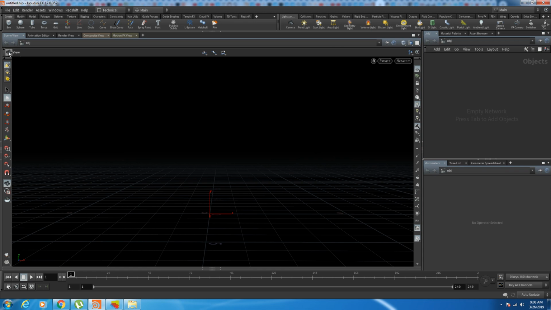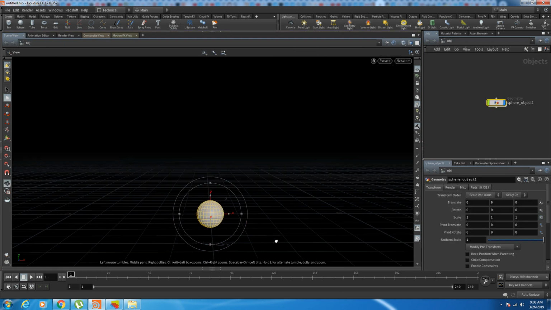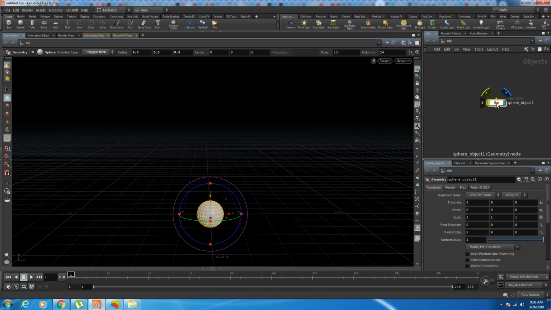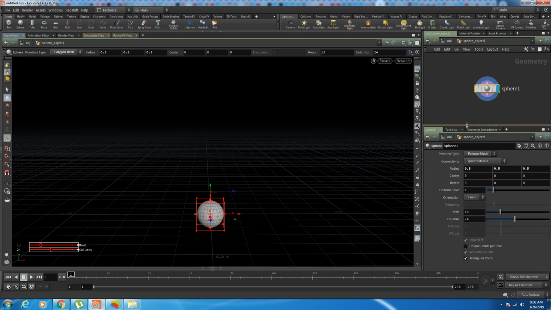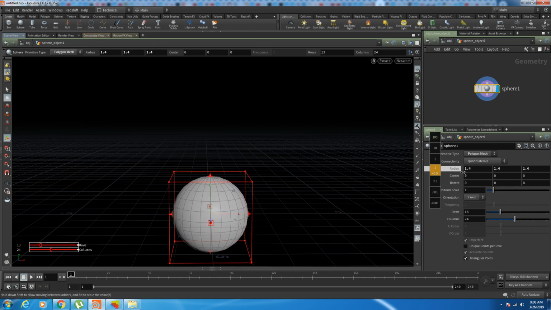So let's start. I'm going to create a sphere emitter. So control click. So right now if I go inside the sphere node, my sphere is 0.5 meters. So every value in Houdini is in meters. That's a good thing to know. So I'm just gonna make it around 2 meters, maybe 1.5,